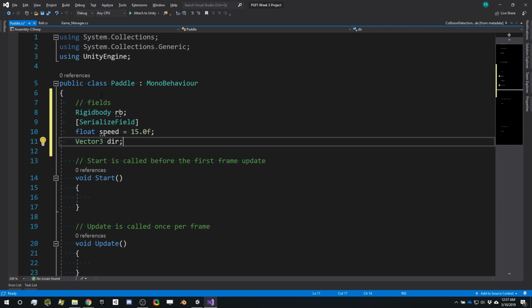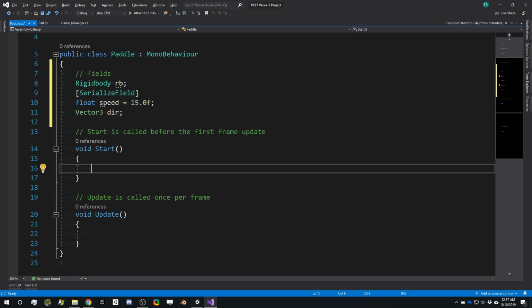Well, we're going to produce a request based on the fact that you're pressing a key, and then we're going to consume or process that request over in fixed update and actually apply the physics. That way, we only ever make the request once and process it once. Again, because fixed update can potentially be called multiple times or every other time or whatever your timestep is set to, we allow for the system to just kind of sort itself out. It only ever updates the one time. So here inside start, we need to gain access to